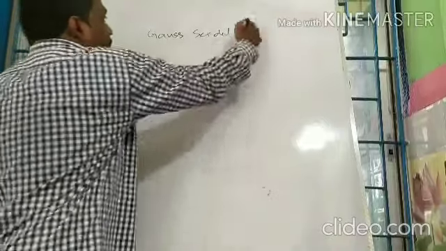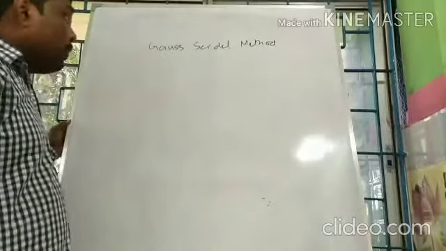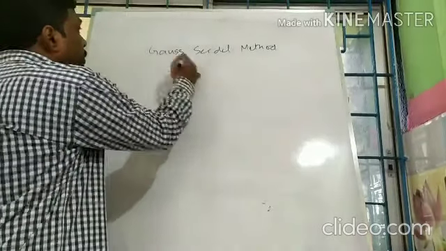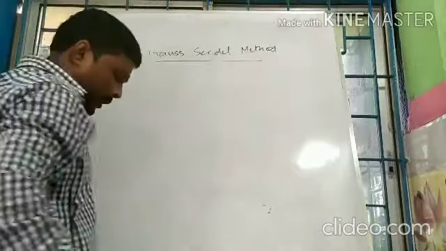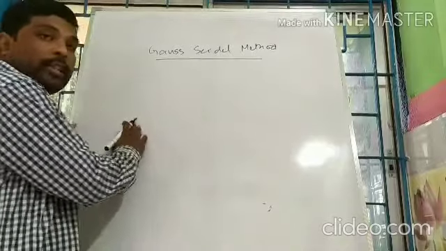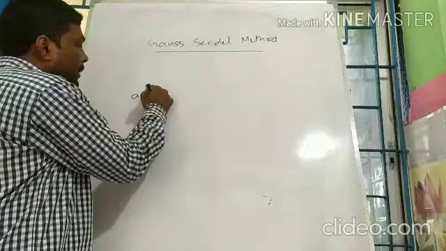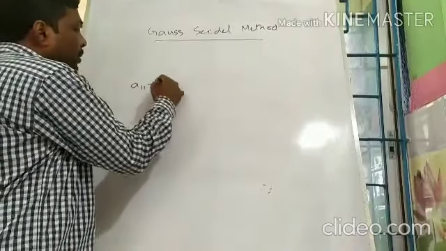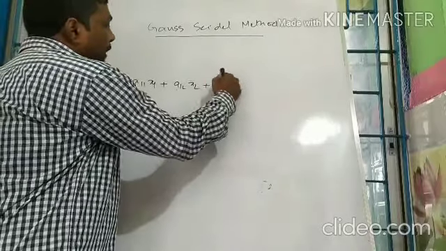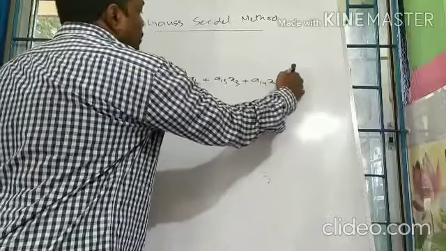Gauss Seidel method for numerical solution of system of linear equations. Suppose, so Gauss Seidel method for finding numerical solution of system of linear equations. Suppose you have a system of equations a11 x1 plus a12 x2 plus a13 x3 plus a14 x4 equals to